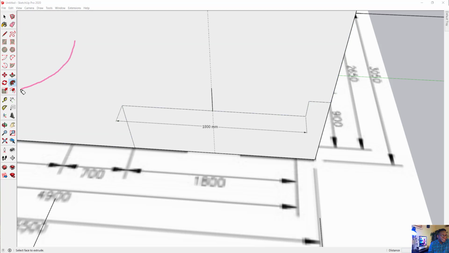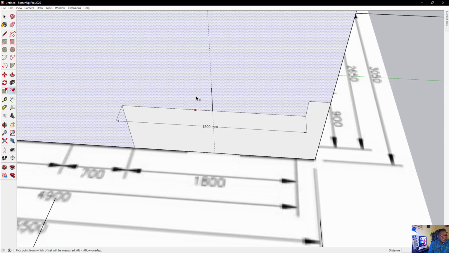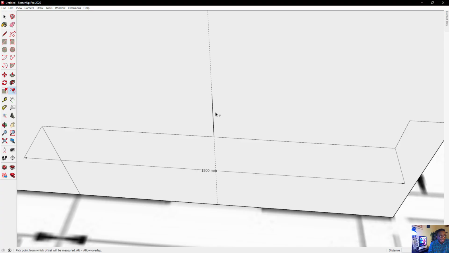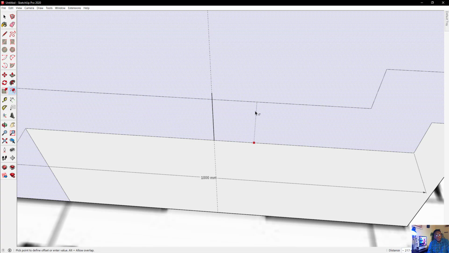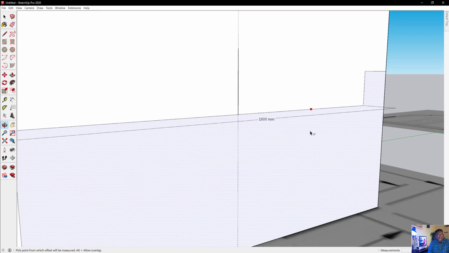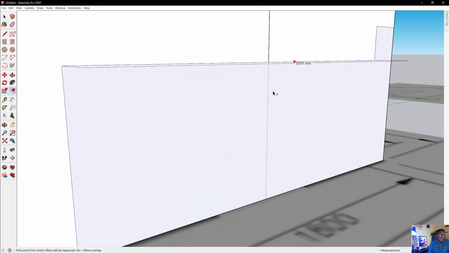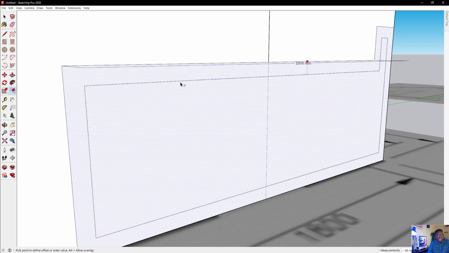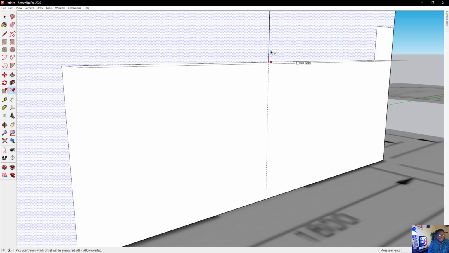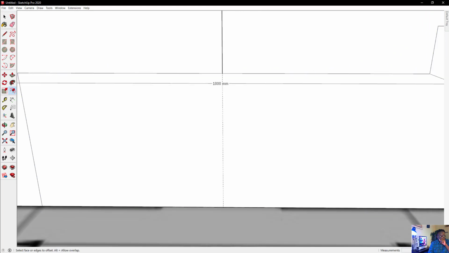And now the way the offset tool works is, if this was an element here, as you can see, if I click it, it's going to offset it to be a particular distance here. Now what I want to achieve is, maybe the offset tool wouldn't work in this case, because ideally what I want to do is use my tape tool. Actually, that would be a better tool. So let's go for my tape tool, and I want to offset this line here